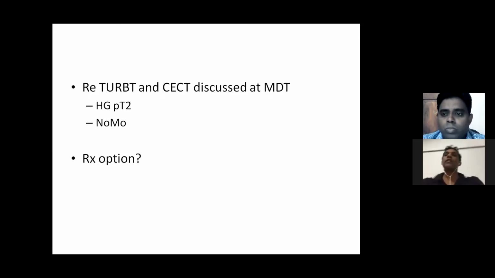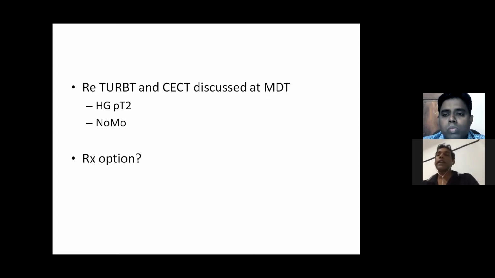So actually, with the MDT decision, I have to see the patient again with the cancer nurse specialist, and then I will discuss the options of treatment with the patient. There are a few options, and one is radical cystectomy with lymph node dissection and urinary diversion, with neoadjuvant chemotherapy as well, that has a survival benefit according to the advanced bladder cancer